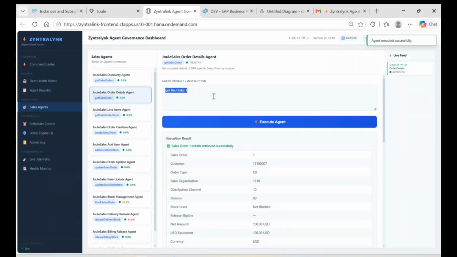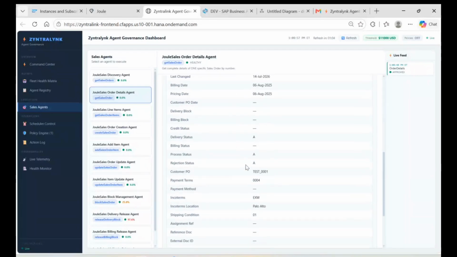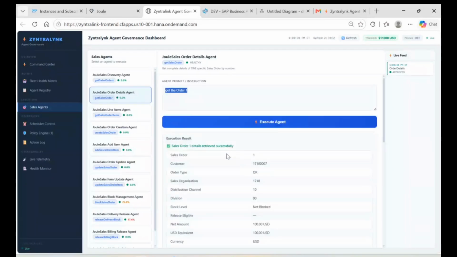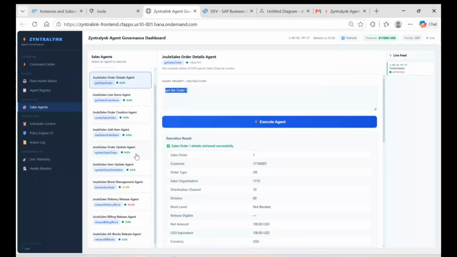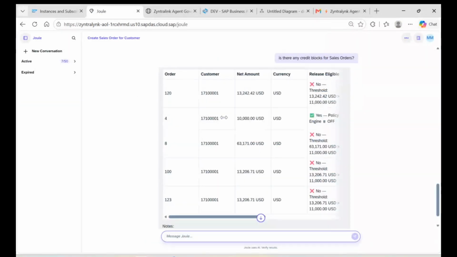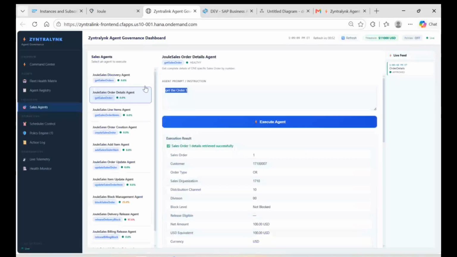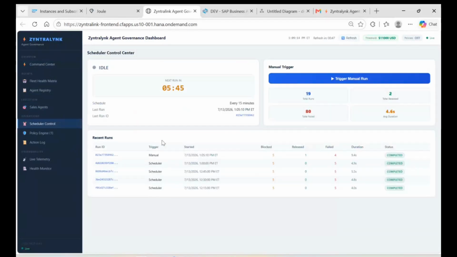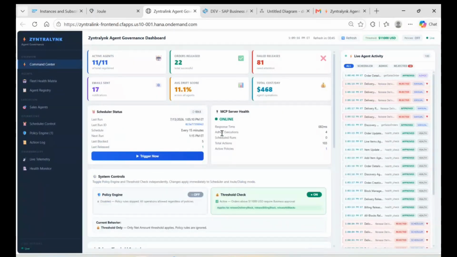This concludes the demonstration of our governance dashboard and the live demonstration of our sales AI agent. Regarding the technical architecture, this AI agent securely connects to the SAP backend through an OAuth-protected MCP server. The governance dashboard manages